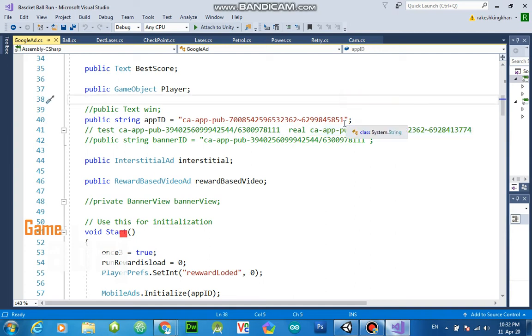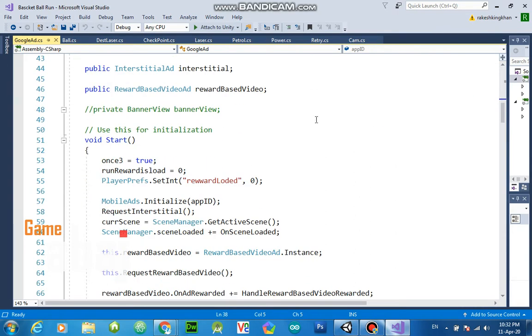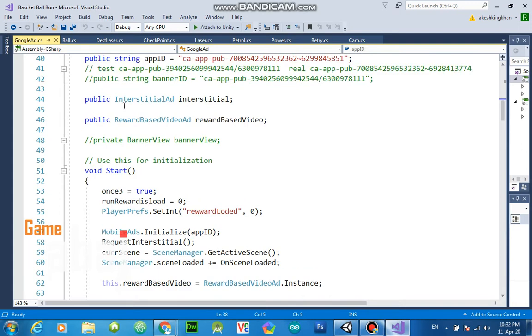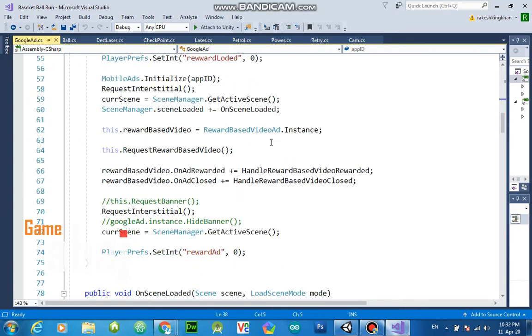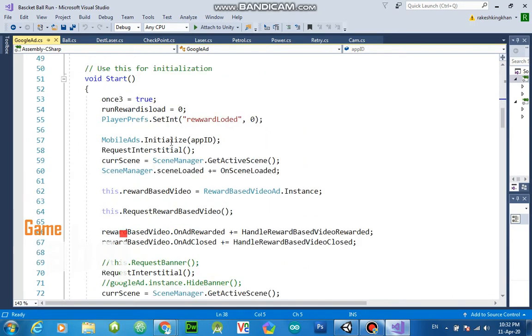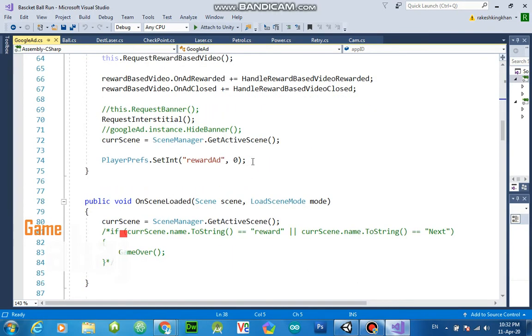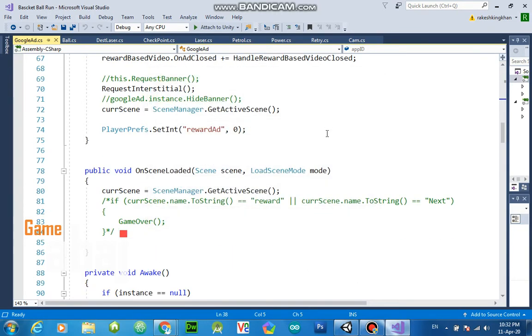Like that. This is the public interstitial ad. You copy this file from my description and then understand some functions.